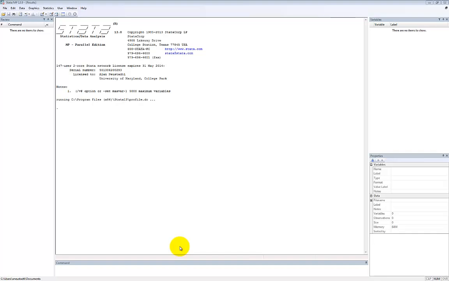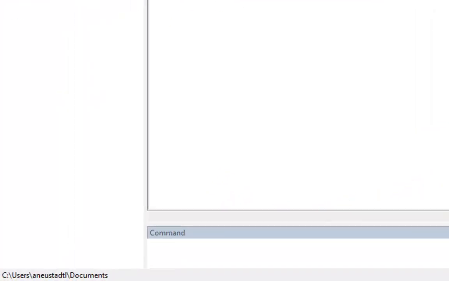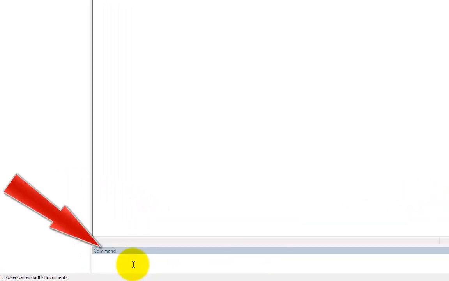When I start Stata, my default directory on my computer is c:\users\a_new_documents. Stata started using this documents folder on a standard installation as the default folder. I'm going to change my directory now to my desktop. So I'm going to come down into the command window. I'll just come down here and click, and I'll enter my command. The command to change directories is cd, and now I type in my directory,